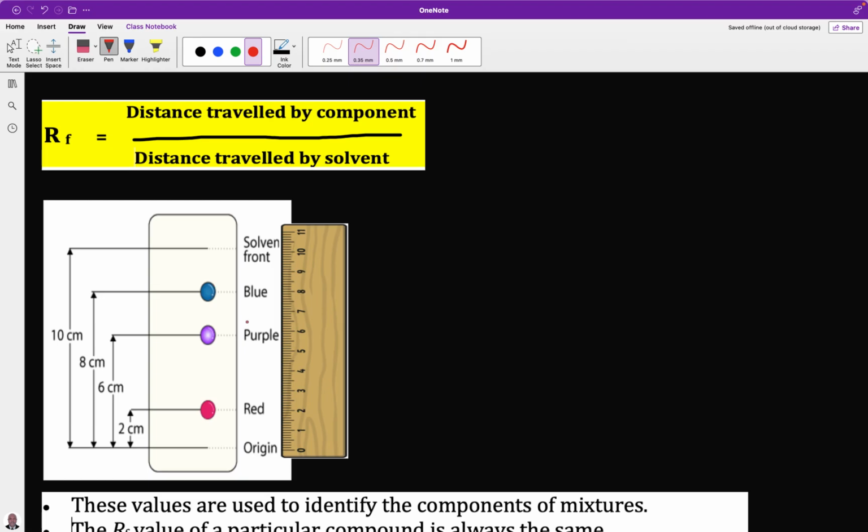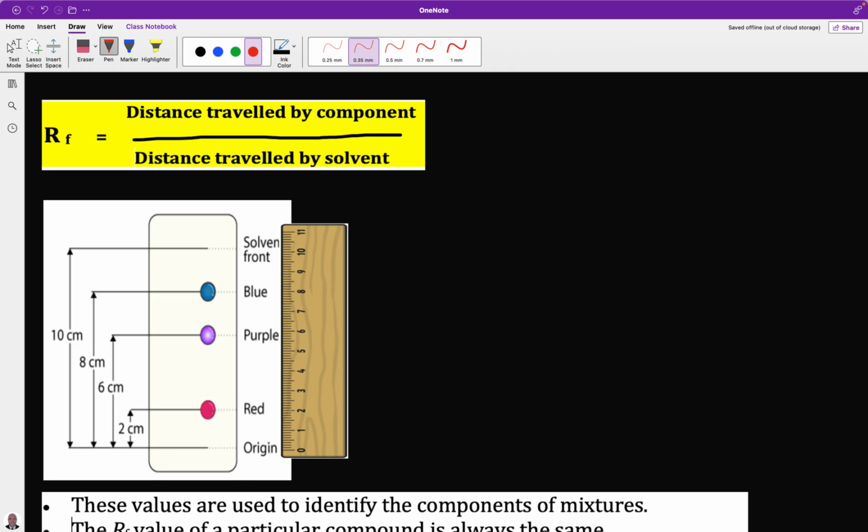Now, the total distance traveled by the solvent on the paper is 10 centimeters. So now, to know the RF value for each of these components, let's say the RF value for